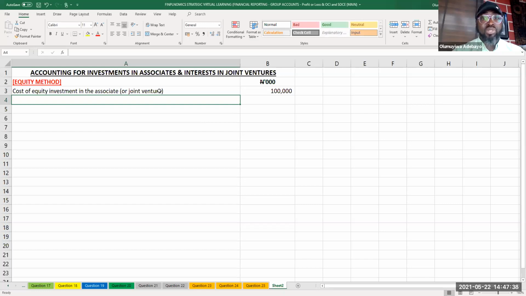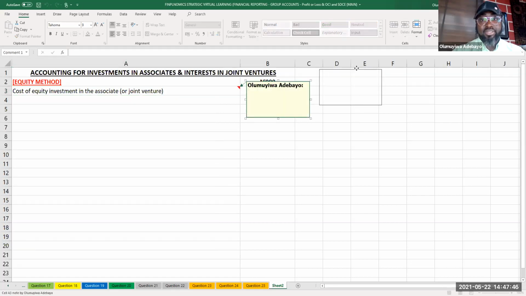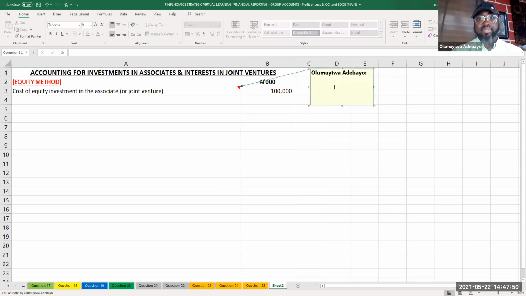Okay, now this amount we are talking about initially represents the fair value of the equity investment in the associate or joint venture as at the acquisition date, which is also the investment date. That is the date in which we obtain